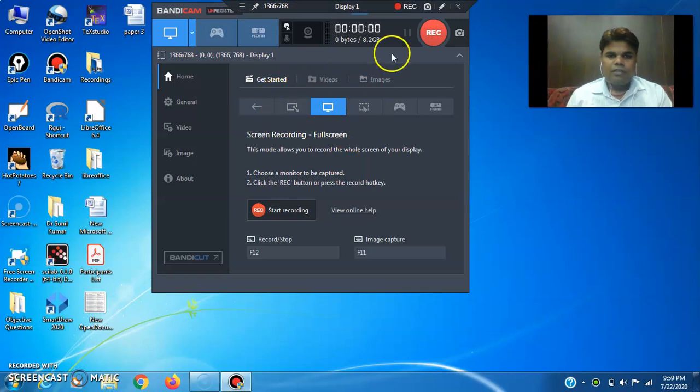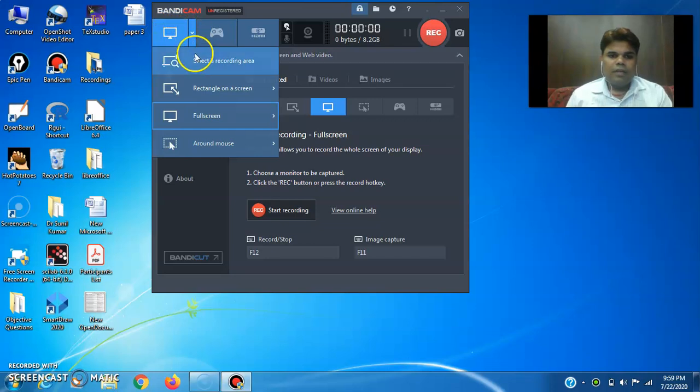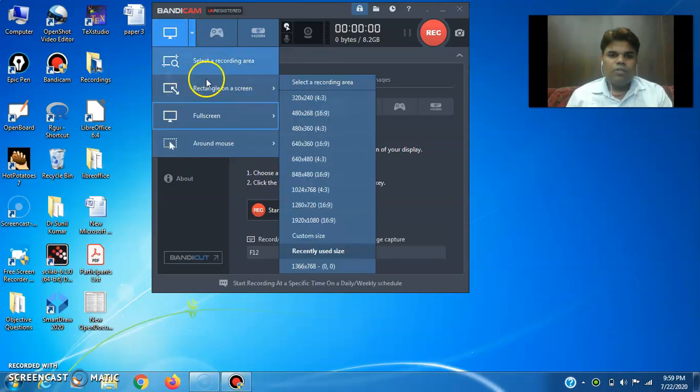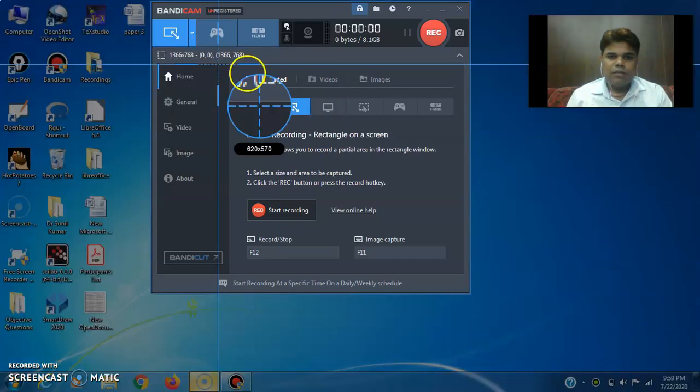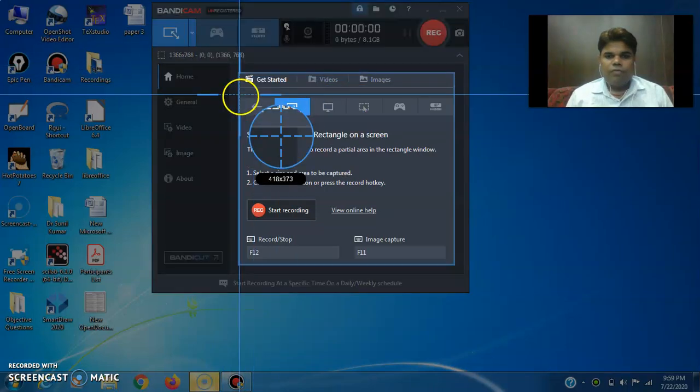This is the interface of Bandicam. Now we have to make some settings. First of all, the screen recording mode. We have to select how much area we want to record. If we want to select a particular recording area, then we select this, and that particular area will be recorded.